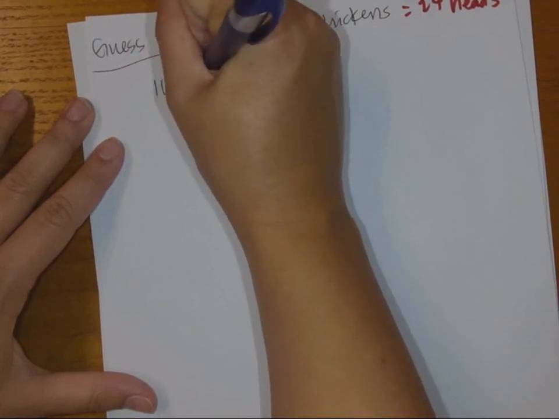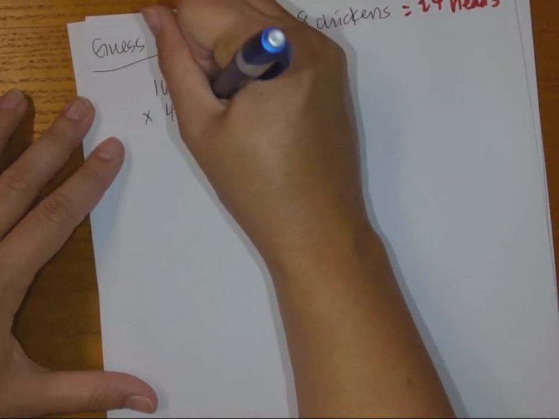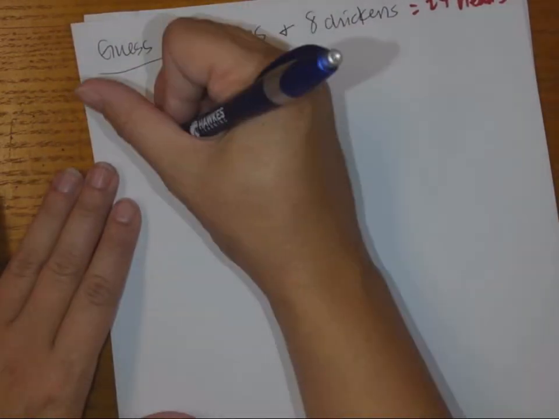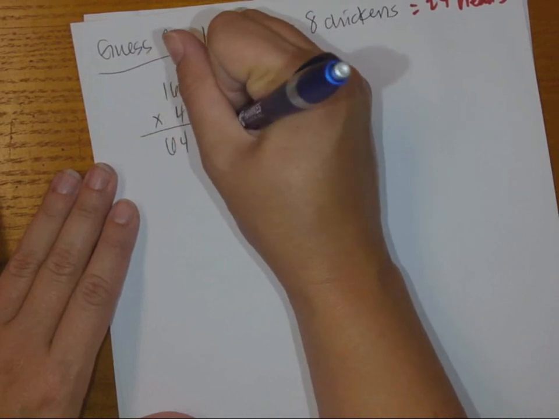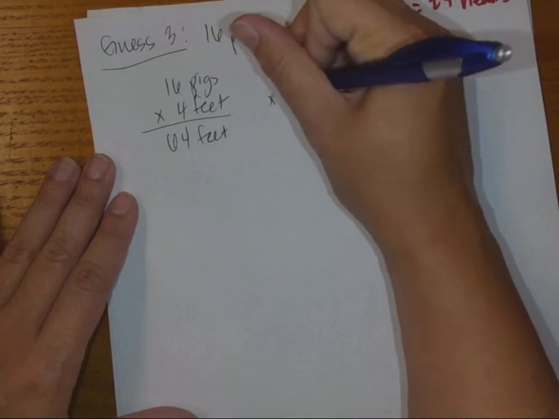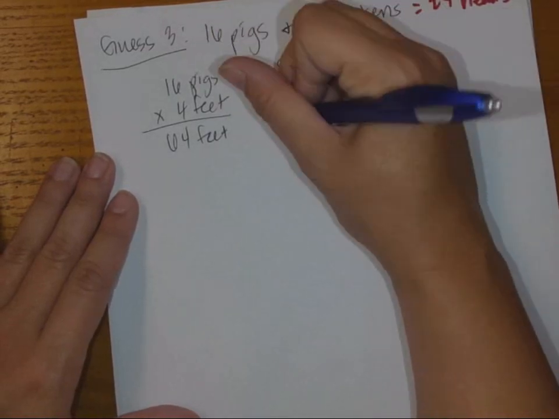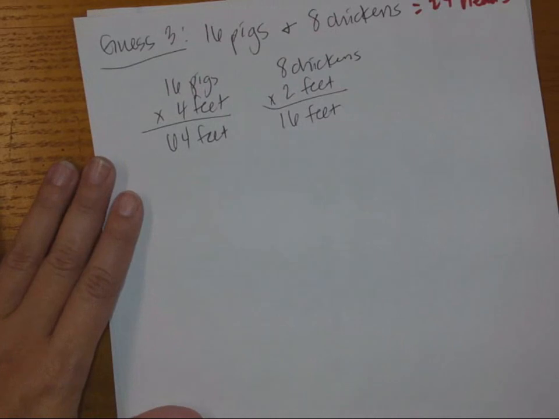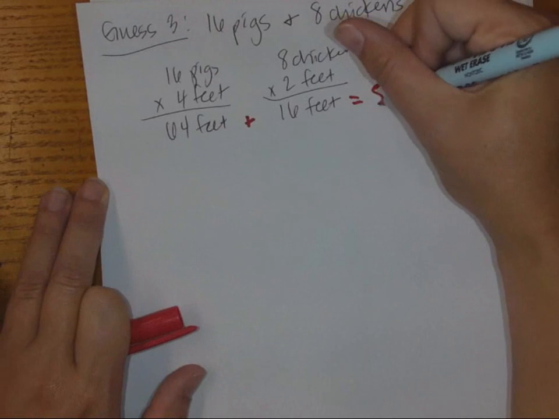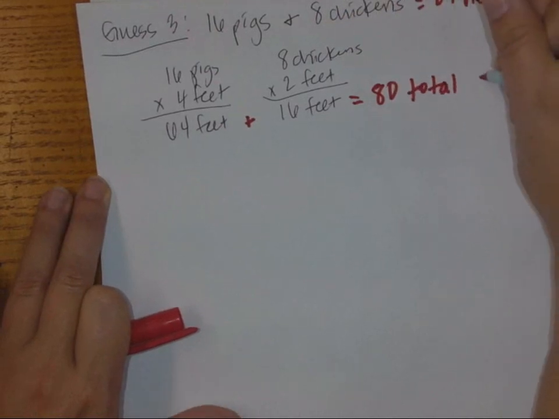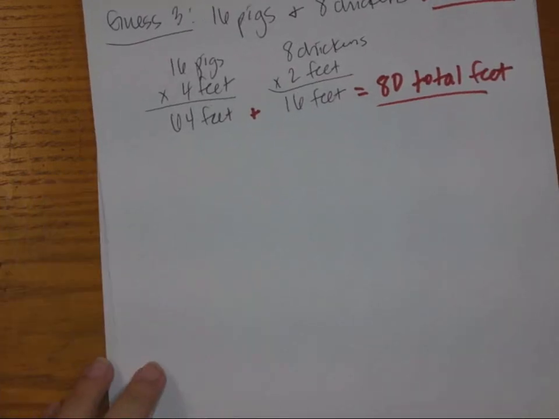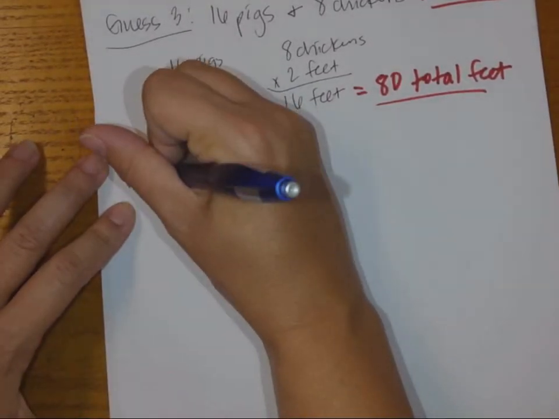16 pigs times 4 feet, excuse me, gives me a total of 64 feet. And then 8 chickens times 2 feet gives me a total of 16 feet. And 64 feet plus 16 feet gives me a total of 80 feet, which was my goal. So since I have 24 heads and 80 total feet, my answer is,